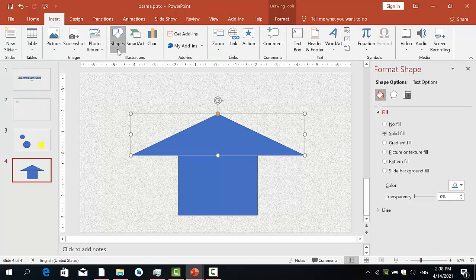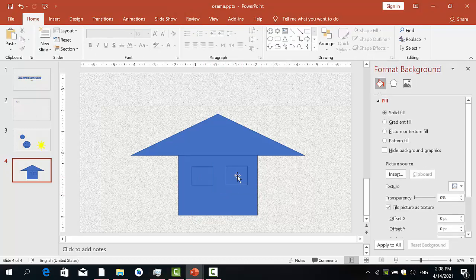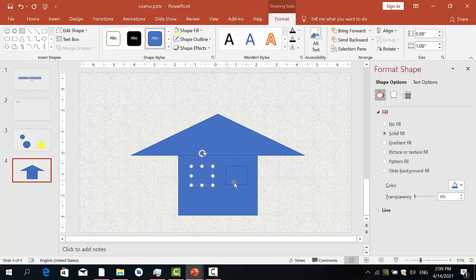Then I can add something like windows, or anything you want, of course. Copy and paste, or just hold Control and drag to duplicate. Now if you want to select two objects at the same time,